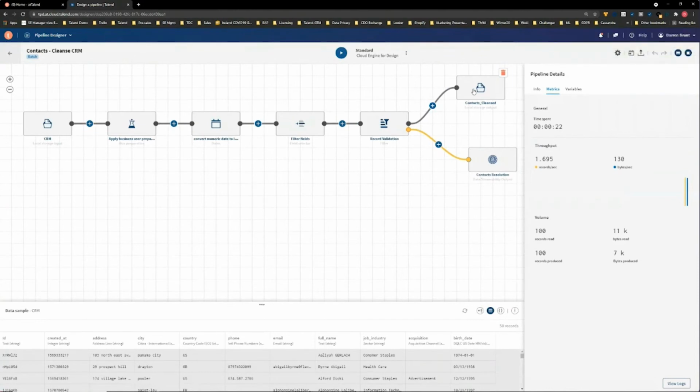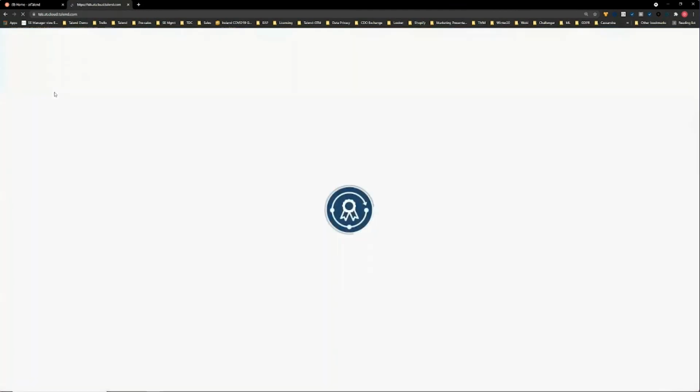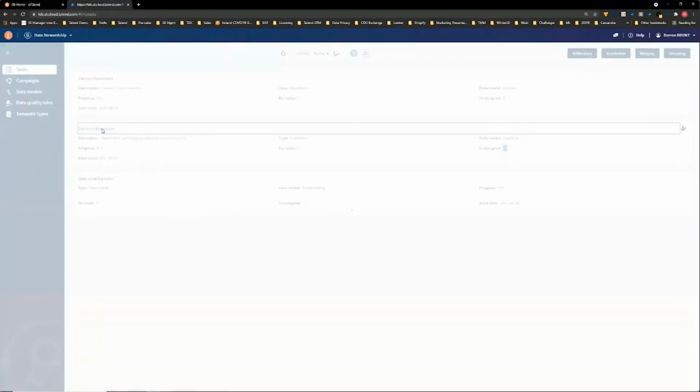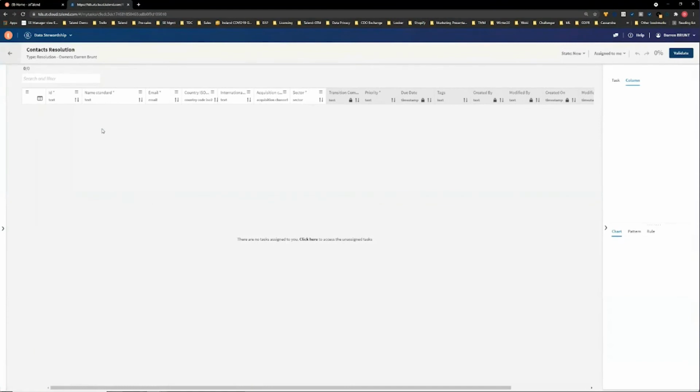So let me yet again change personas here. I now want to change persona into a data steward, somebody who would have been notified that perhaps new tasks are waiting for me on a queue that I need to remediate and engage with. Another component within the Fabric platform is something we call data stewardship. Data stewardship provides a series of tasks to data stewards who are nominated or targeted by specific campaigns. Me as a data steward here, I have a number of different campaigns which I can engage with, but what I can see here is there are 78 unassigned tasks on a campaign called Contacts Resolution, the campaign that we just pushed those particular delinquent contacts out to.